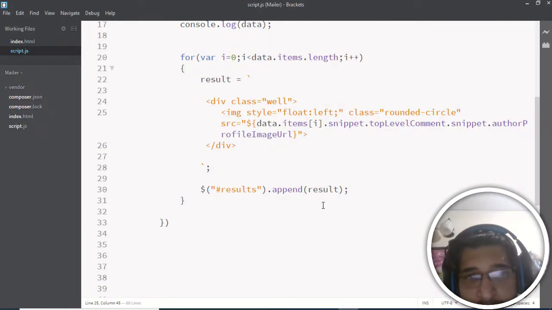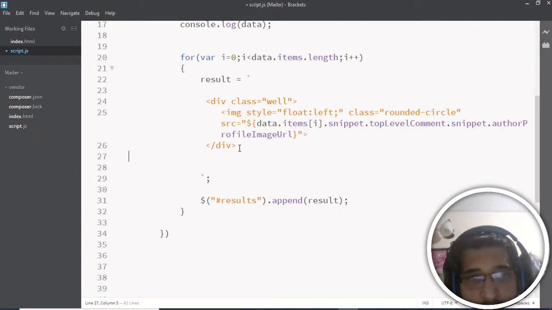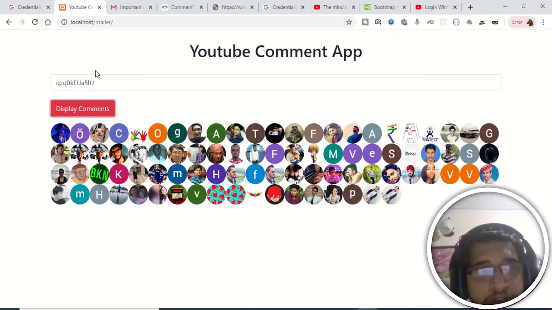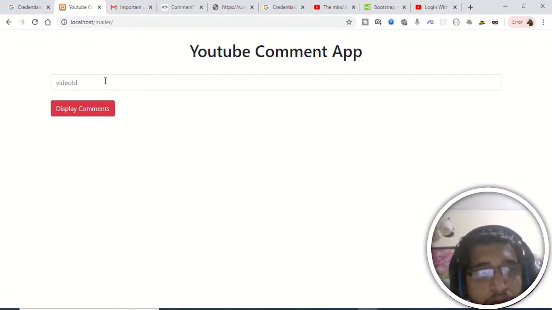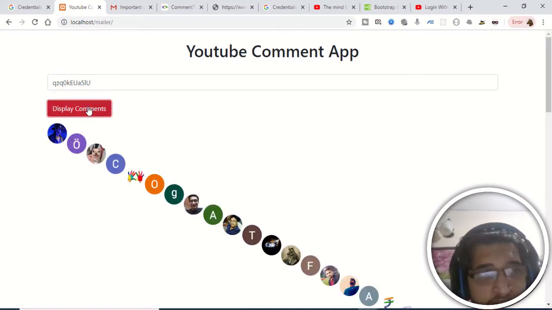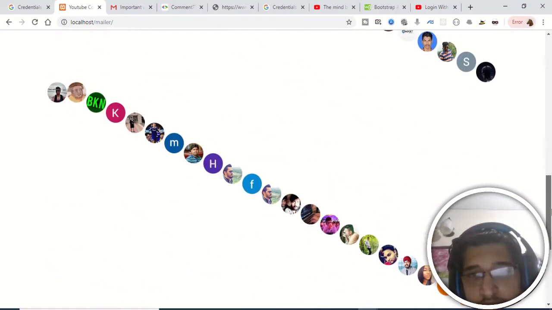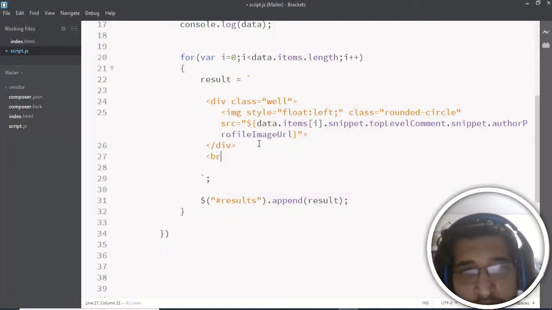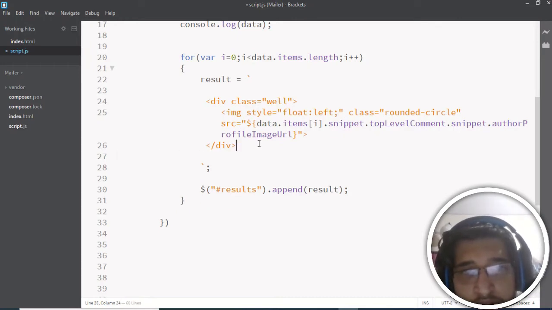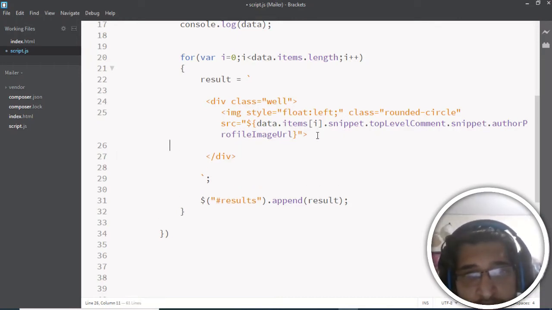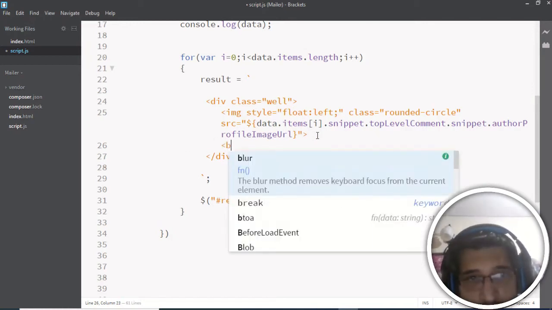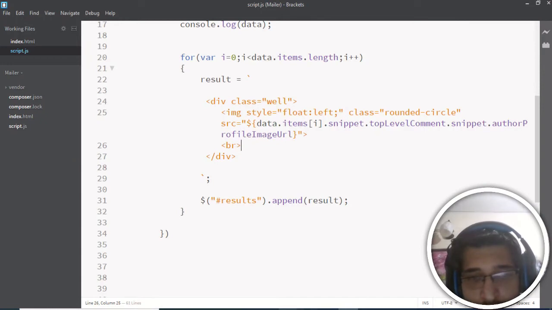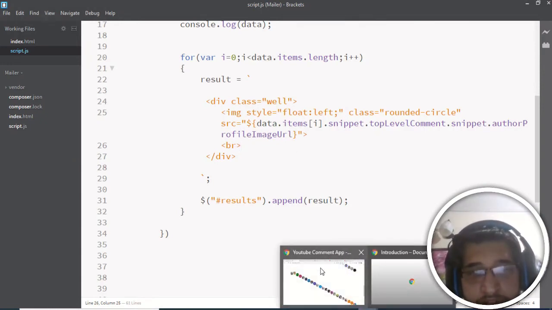So I just need to have a break tag. So put a break tag after this. So just put a break tag and save this. And now if I just again do this, now it is showing this inside this. I think that I want to put this break tag right here. If I again refresh this,